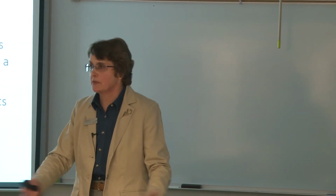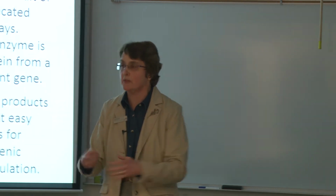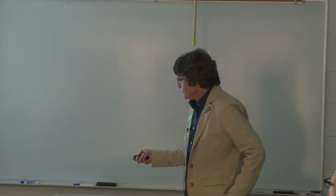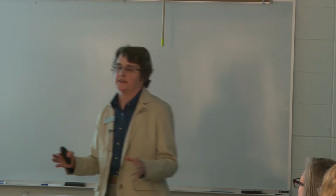If we wanted to engineer marigolds so that they would produce morphine, which is an important pharmaceutical. If you've ever had major surgery, you love morphine. I know I do. But it would be very, very difficult to put all of these genes in an organism to get it to function in this pathway. So if we wanted to get more codeine or morphine, we could just look at this part,